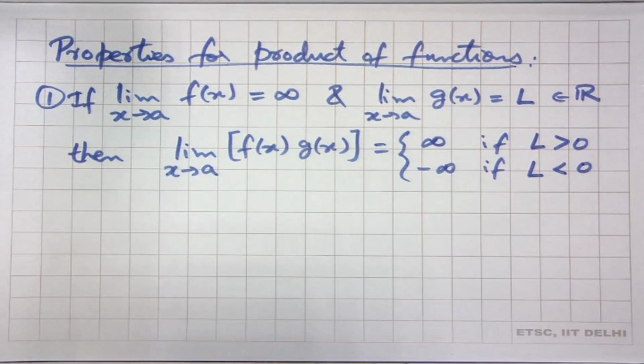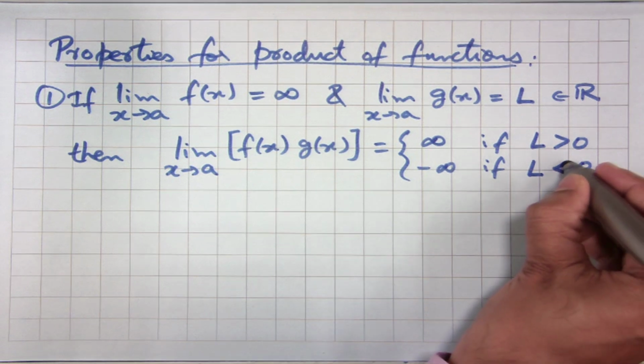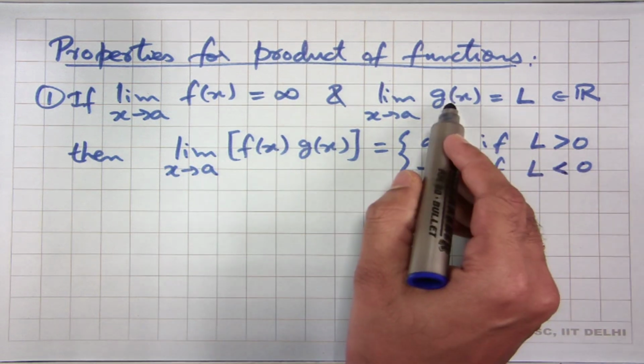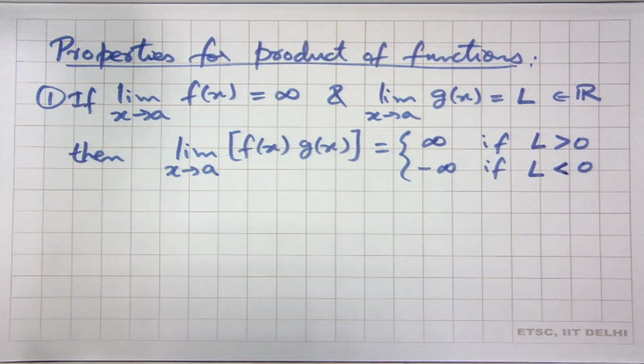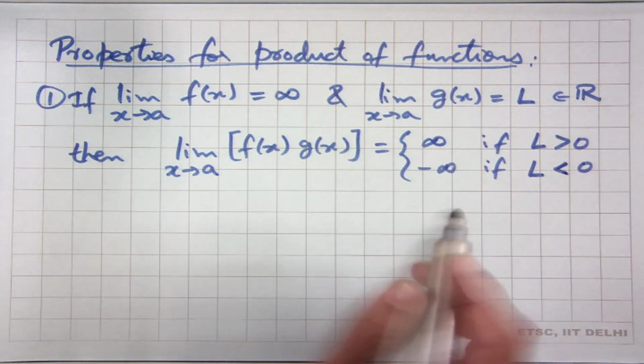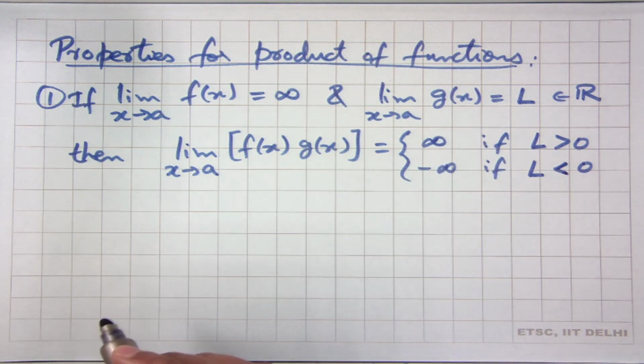We will also ask what happens if L is 0. If we have the constant function 0 here, then constant times f(x) is 0, and in that case the limit is 0. But if the limit of g(x) is 0, then that is more